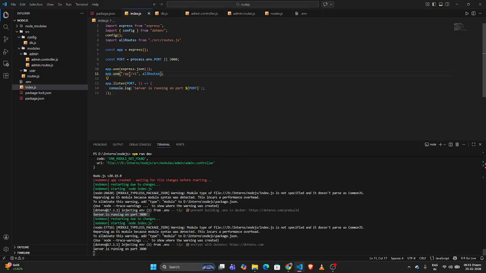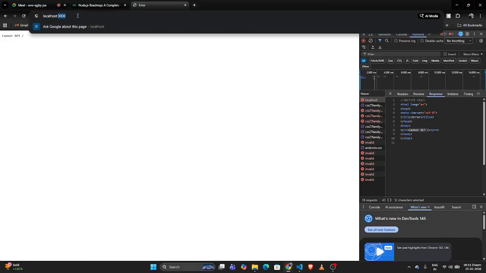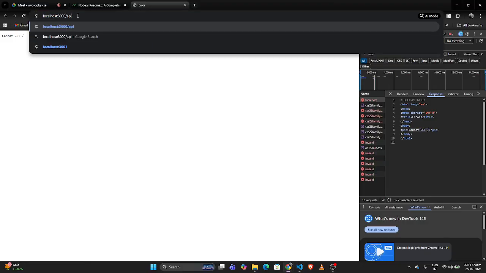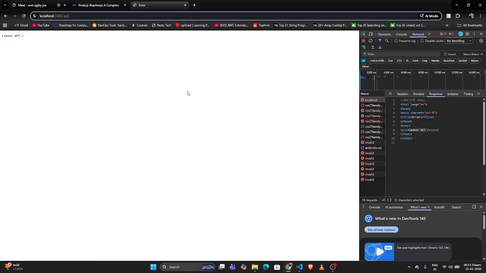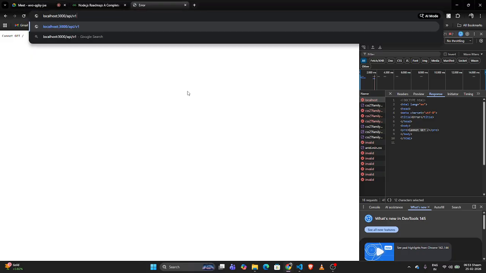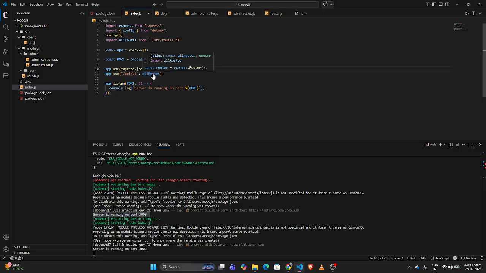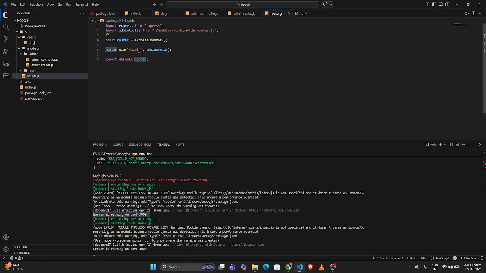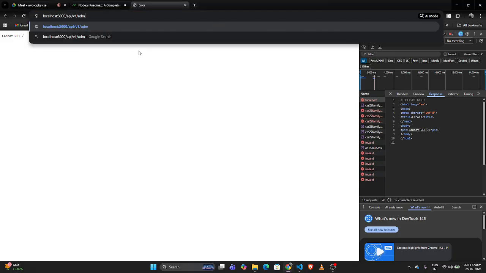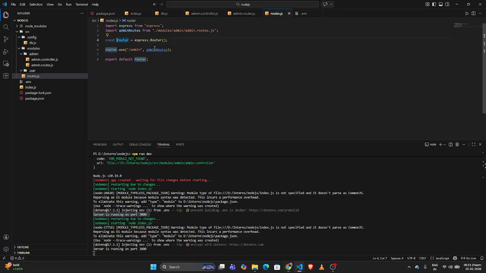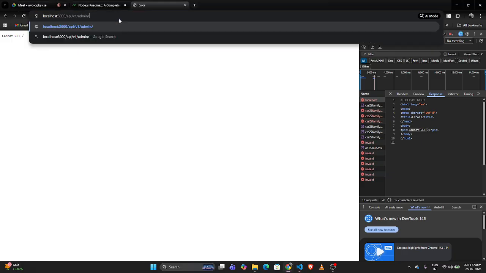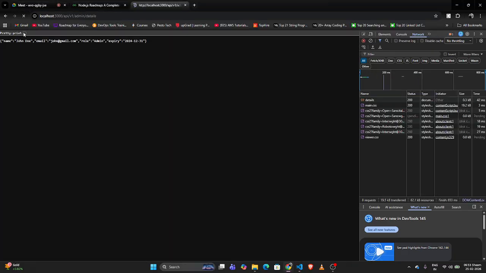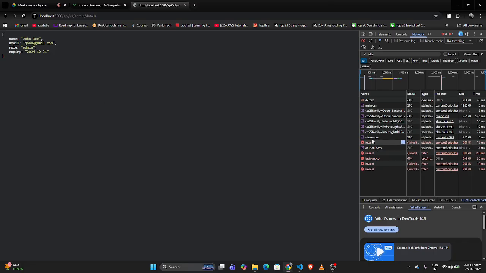we'll just use slash v1. Right now we don't have anything, so we have to call slash API. As we gave in our main application, index.js is the main entry point. So we have slash API slash v1, and you can see all routes. We can go to route. We have the admin route, so we'll create one admin, and under the admin route you have details. So now if you say details,